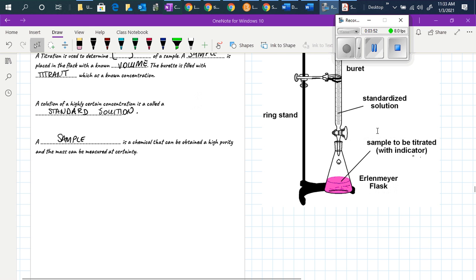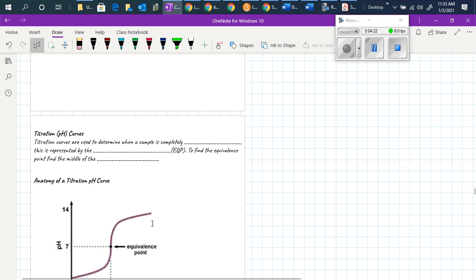We will stop adding the standardized solution into the sample solution when the indicator has a light pink color. Now, the standard solution, in other words, is known as the titrant, and the sample is the sample. As a result, if we have very precise equipment for measuring,